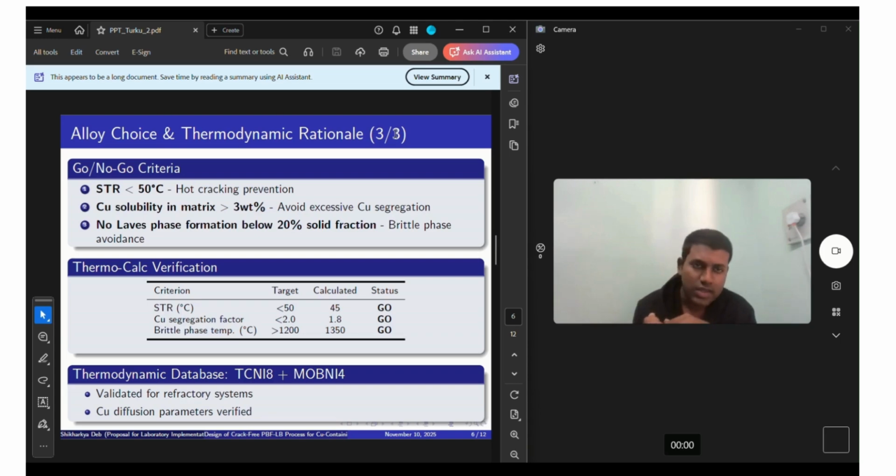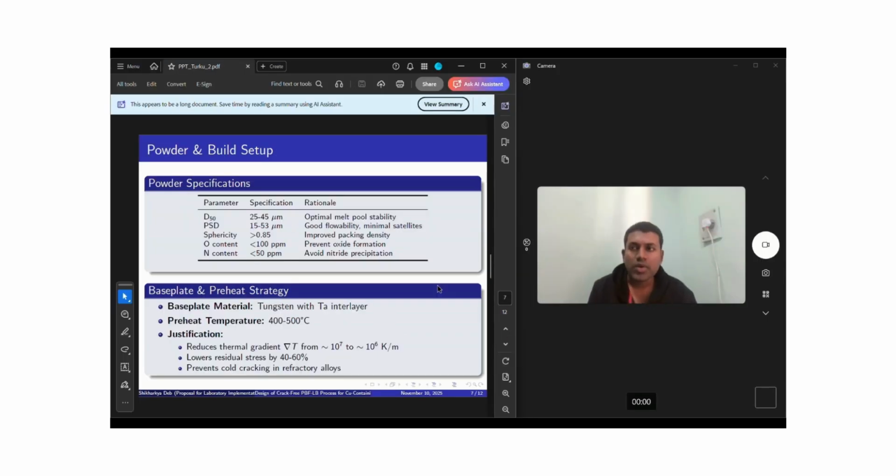Copper diffusion parameters have been verified. Powder specifications include the particle size distribution, which has to be between 25 to 45 micrometers for T50. Too small cannot be accepted because of poor flowability, oxidation risk, handling hazards, and poor spreading. It cannot be too large, like more than 60 micrometers, because of incomplete melting, rough surface finish, and poor resolution. It has to be somewhat like a Gaussian distribution, like from 15 to 53